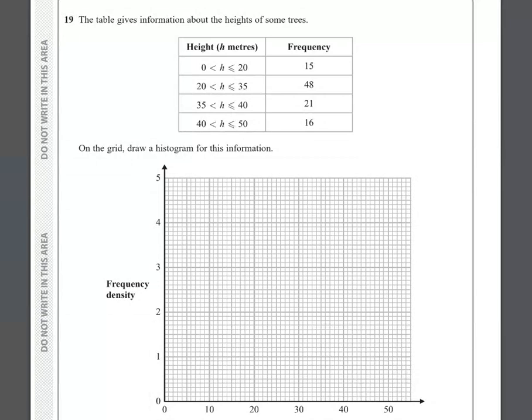The table gives the information about the heights of some trees. Draw this information on a histogram. So this is important: in a histogram, the area is the frequency, so we need to work out the height, what we call the frequency density. The width is 20, so the height has got to be the area divided by the width, so 15 divided by 20, it's got to be